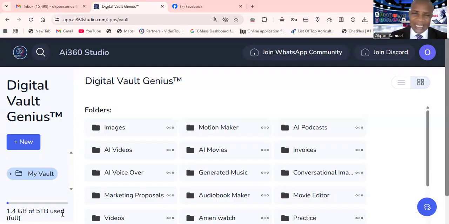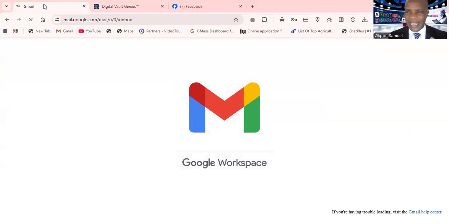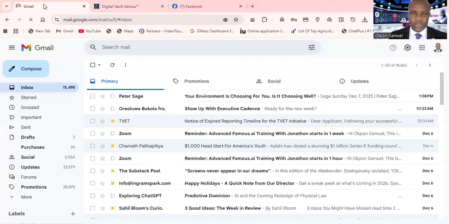And also, we should take note that our Digital Vote Genius app has over 5 terabytes of storage embedded inside, compared to your Google that gives you only 15 gigabytes. You can imagine, for you to get 1 terabyte, you have to have up to 1,000 gigabytes. And let's even see our Gmail, which I know actually gives us only 15 gigabytes for our storage, which is not too good for us to use, especially when we are doing a